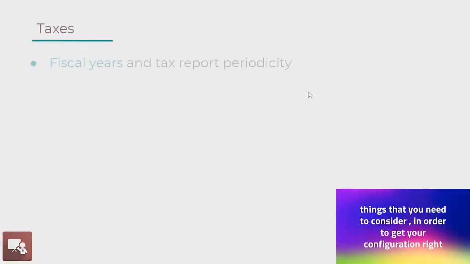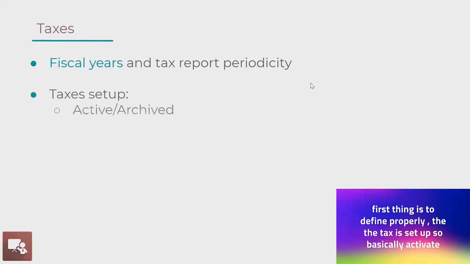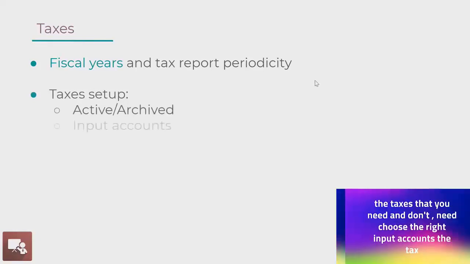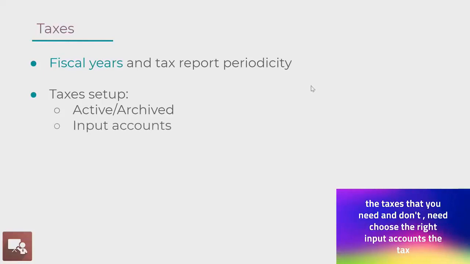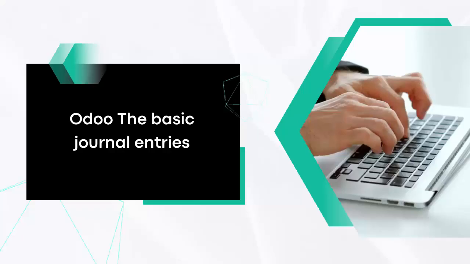Together, the last pillar of the basic, so for the taxes, there are different things that you need to consider in order to get your configuration right. First thing is to define properly the taxes set up, so basically activate the taxes that you need and don't need, choose the right input accounts, the tax rates. Then we're gonna see together the fiscal positions and